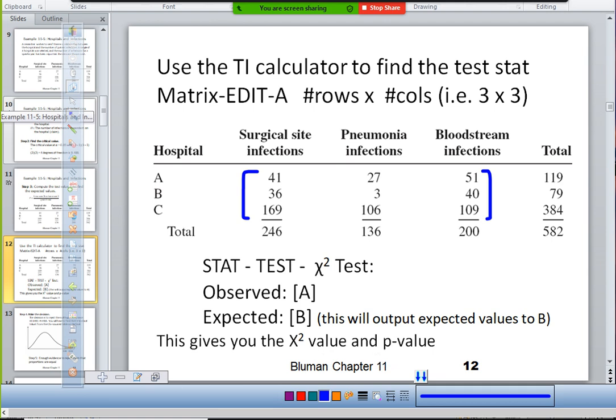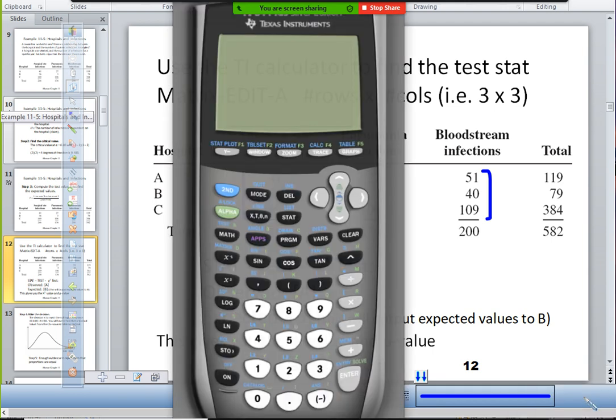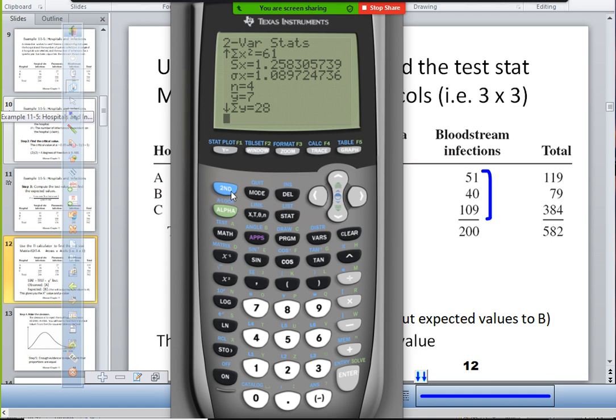So if you go to your calculator and you go to second and then down to matrix, which is this one down here, the fourth one down, it says matrix, kind of up a little in the corner there. You go to edit, and say you want a 2 by 4 matrix. And I'll give you a 2 by 4 matrix. You input all your data in,